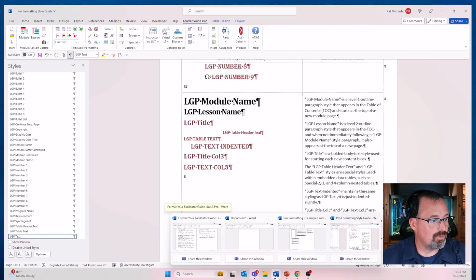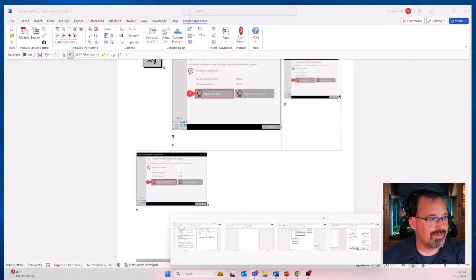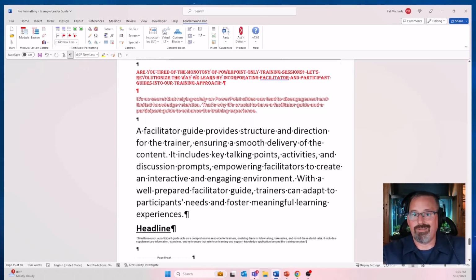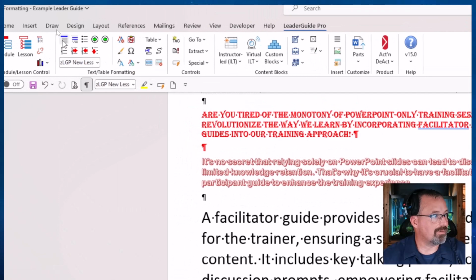Now if we flip back to my document, and we're doing this as if it was a kitchen show, a cooking show, I've got one already built out. Again, I used some fonts that you normally wouldn't, just so you could see it. But the great part about LeaderGuide Pro is, Kim doesn't need to know exactly what font, what size, what color, spacing before and spacing after. You just have to think, is it headline text? Is it body text? Is it bullets? Is it numbers? And then the collection will drive it when we use specific buttons